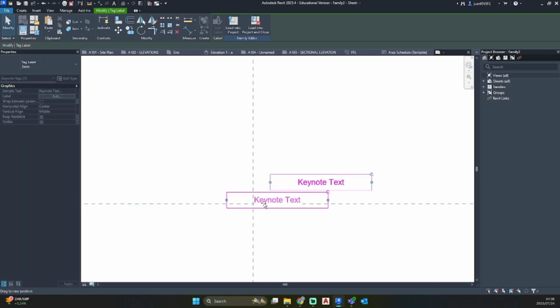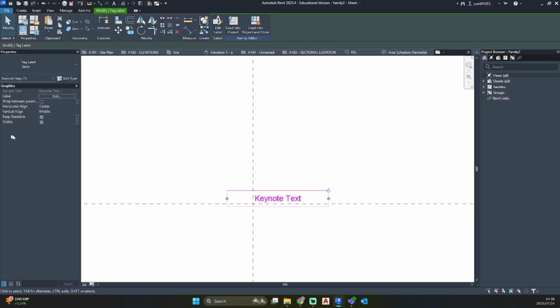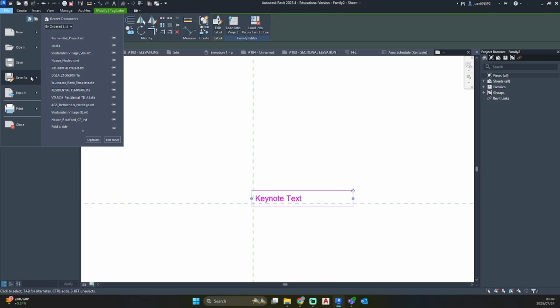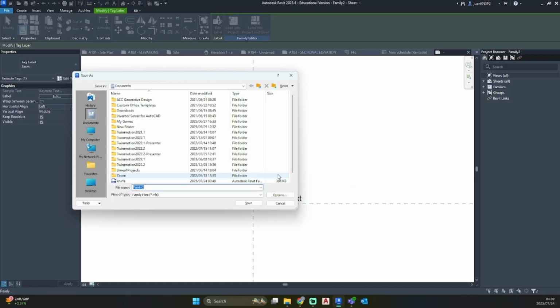So I'm going to move this to there and go to my properties panel under horizontal align left, and you'll see it will move. So now I just need to readjust that. So I'm going to go file, save as, family.